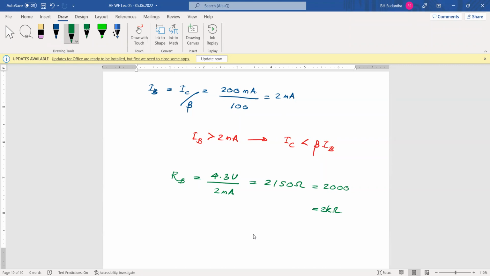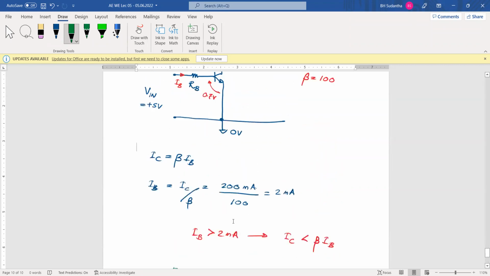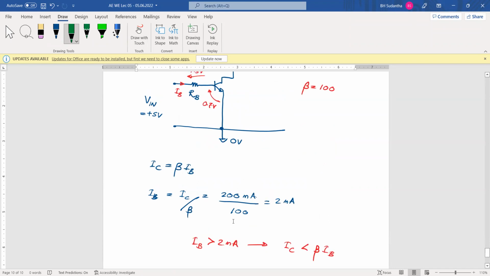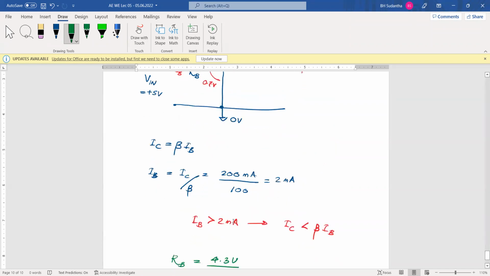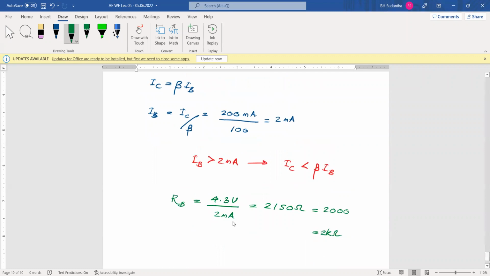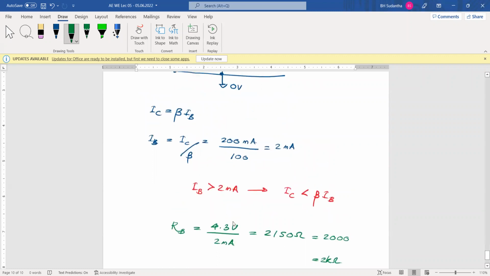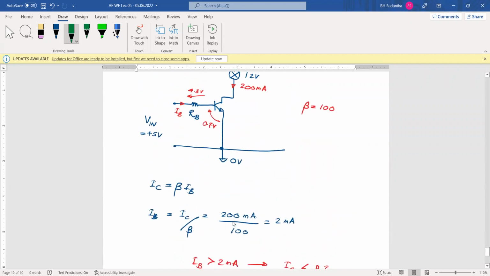We put little bit less resistor value to make sure that more current is going towards base terminal. Okay. When you put RB as 2K ohms, then here we have this current, and the output current 200 milliampere will be there. And when we